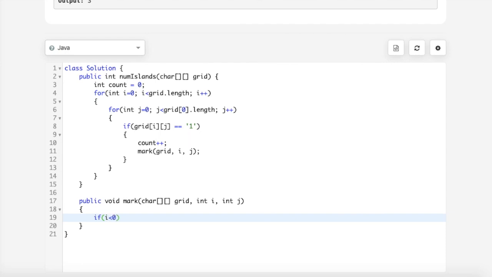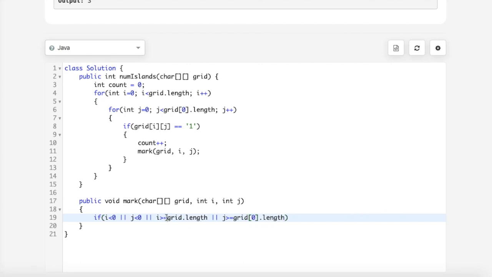I shouldn't be less than 0, and j also shouldn't be less than 0, right? So i and j should be valid in the grid, and i shouldn't be greater than or equal to grid dot length, and j shouldn't be greater than or equal to grid[0] dot length.